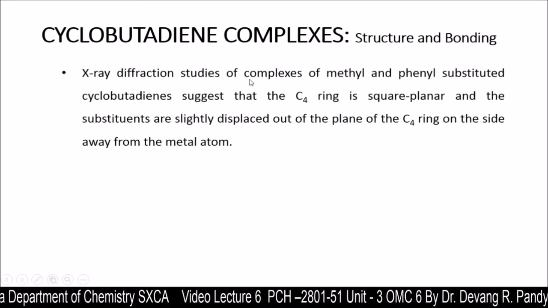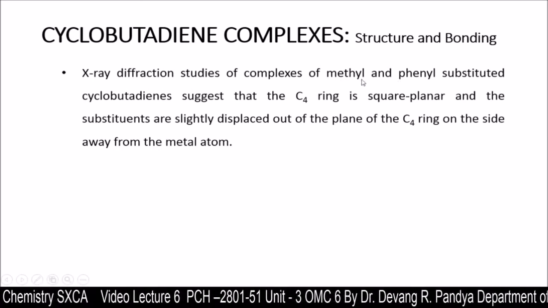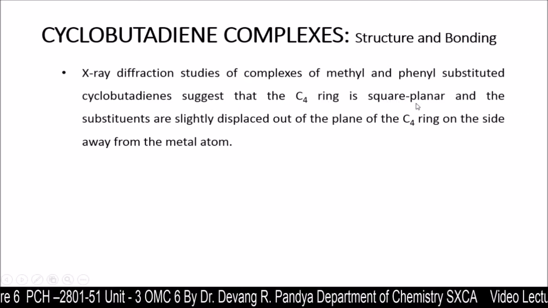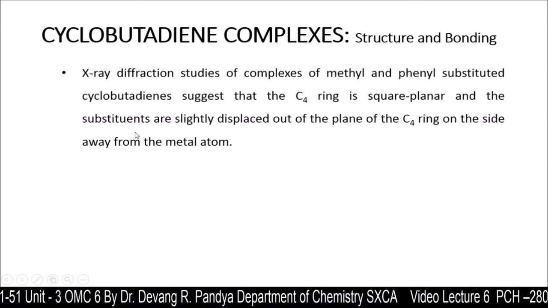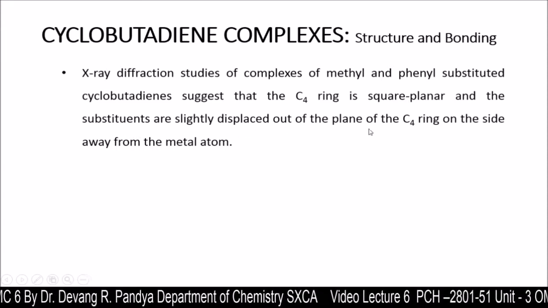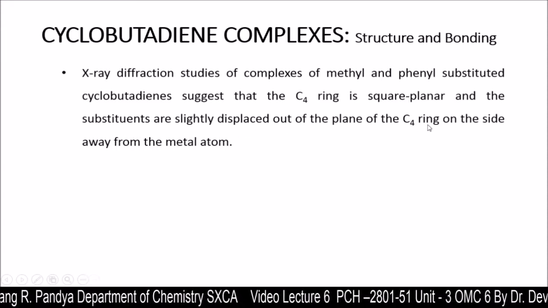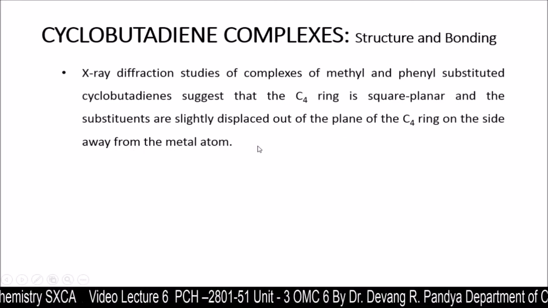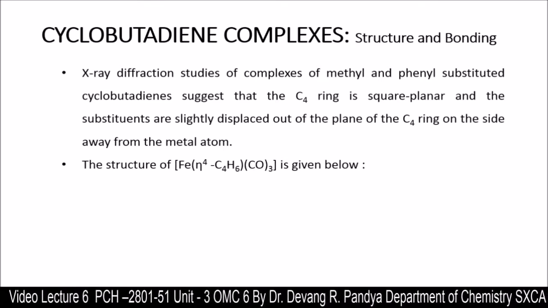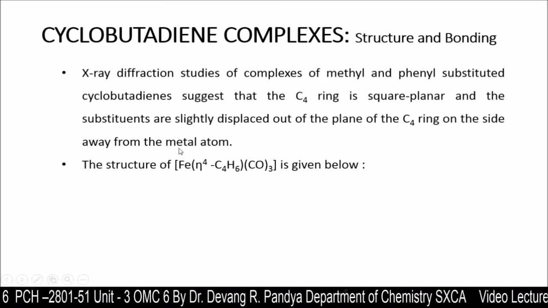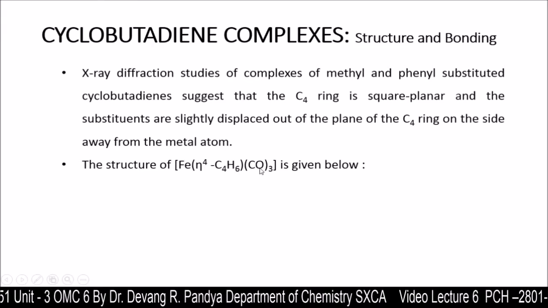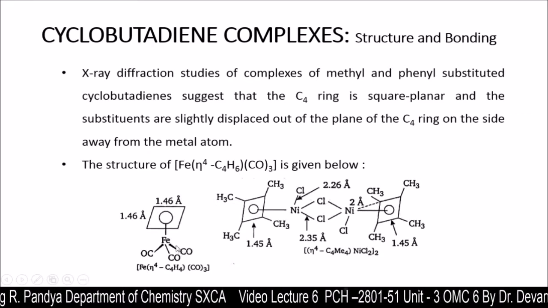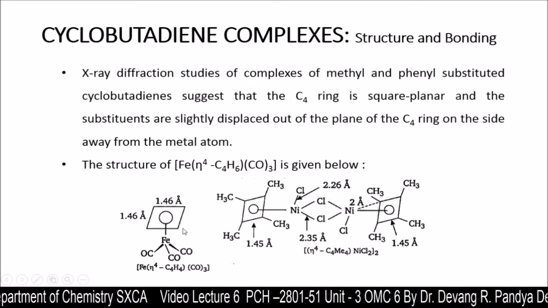X-ray diffraction studies of the complex of methyl and phenyl substituted cyclobutadiene suggest that the C4 ring is square planar, and the substituents are slightly displaced out of the plane of the C4 ring on the side away from the metal atom. In the structure and bonding, this information can be obtained. The structure of Fe(η4-C4Ph4)(CO)3 we can see in this diagram. Here, these are 3 different structures. This is a bridging structure, and this is a pure